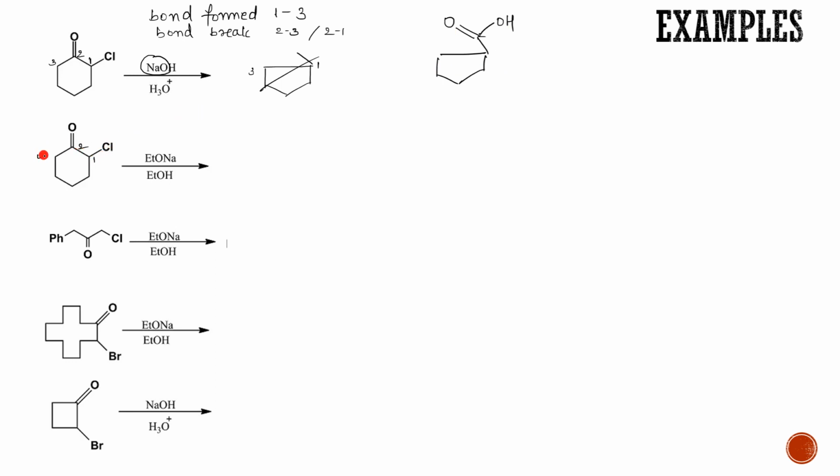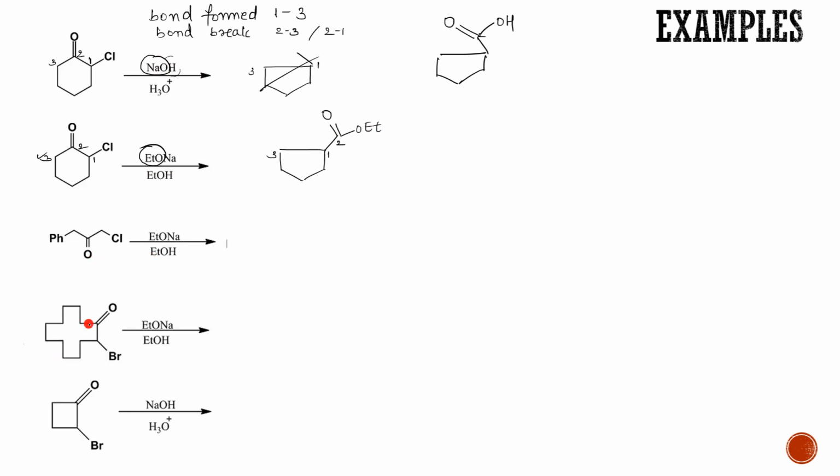1, 2, 3. So you can also write the mechanism, but I'm just showing you a quick trick. So wherever there was halogen, a new bond is formed at that place. Remember, so always look out for that halogen. Then at 2, this is your 1, 3, and this is 2. So that double bond remains as it is, and from here what are you going to take? This. So you can leave that Na. If you want, for the trick's sake, you can take this also, OH, and this will be OEt. So you get an ester, right? Now I'll go for this structure later.